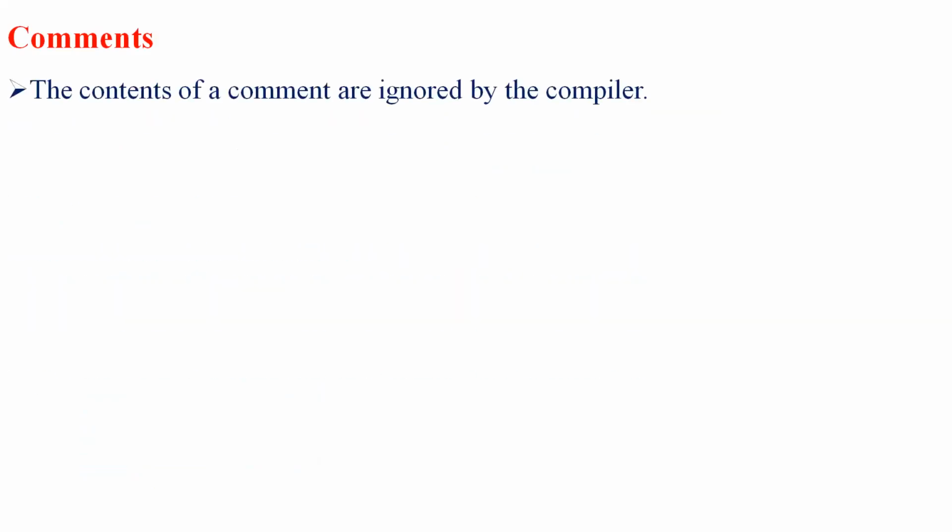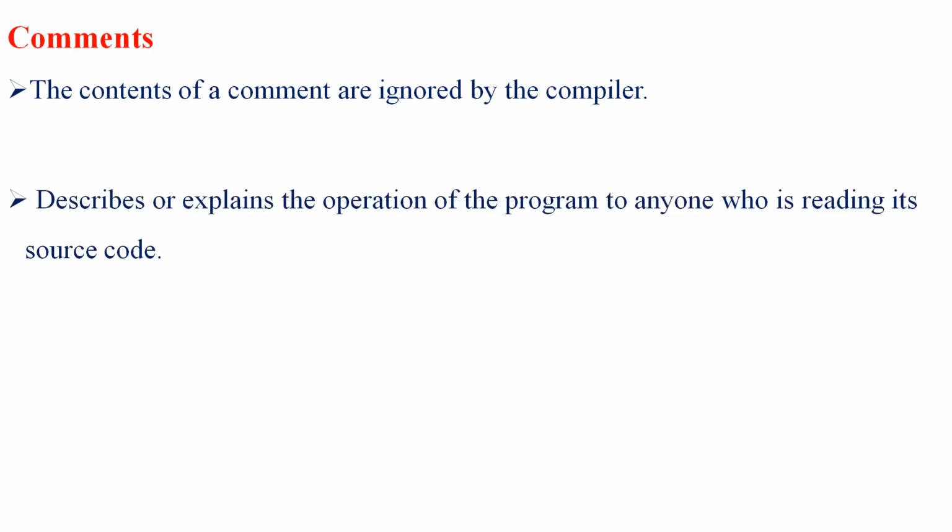So next we have comments. As we discussed about comment lines in our topics regarding simple Java programs, by explaining many example programs, I said that the comment lines are used to provide a description of a program. Whenever we are compiling, we won't concentrate on any comment. The compiler will simply ignore the comment. So the content of a comment is ignored by the compiler.